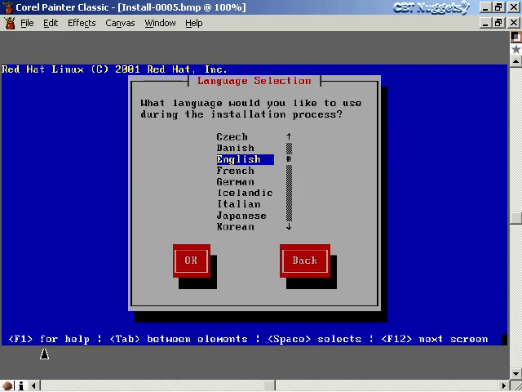Okay, and you can see down here there's a legend. F1 for help at any time. Tab to move between elements. So if I hit tab now, OK would highlight. If I hit tab again, back would highlight. If I hit tab again, OK would highlight again. All right, and then once I have the proper things highlighted, I hit the space bar to actually select that. And to select between languages here, I can just use the up arrow and the down arrow to move between the various languages. All right, so I'm just going to hit tab to highlight OK and then hit space bar